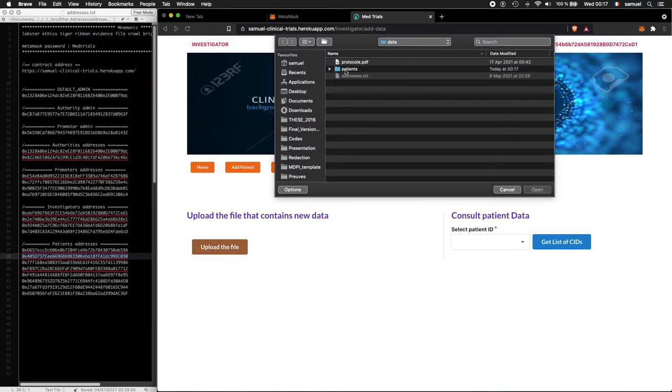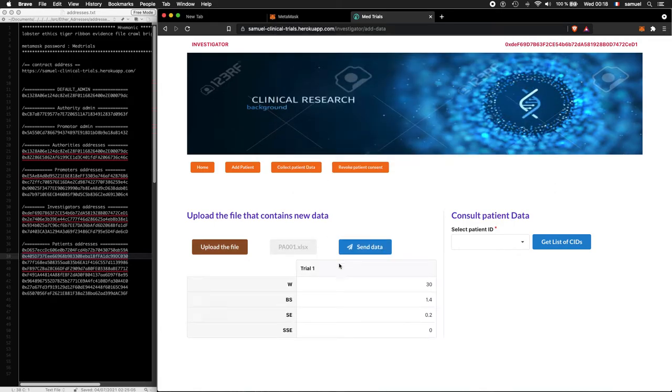There is a folder called Patients, so I put the file in this folder, click on it, and the name of the file is PA001 because the patient ID is PA001. So I just click this.